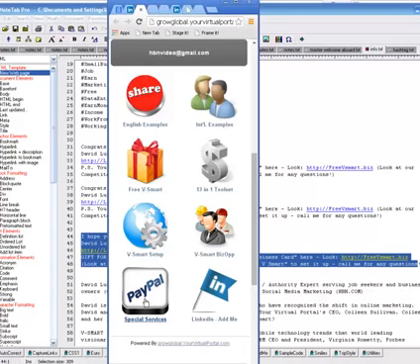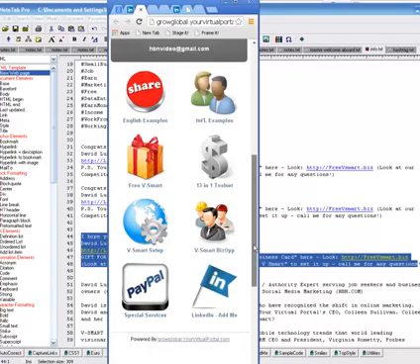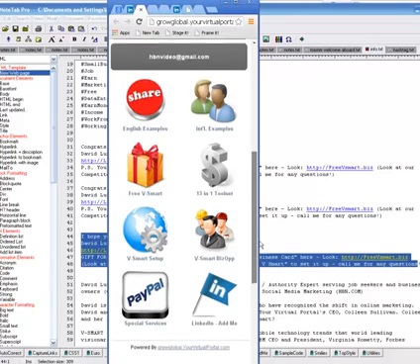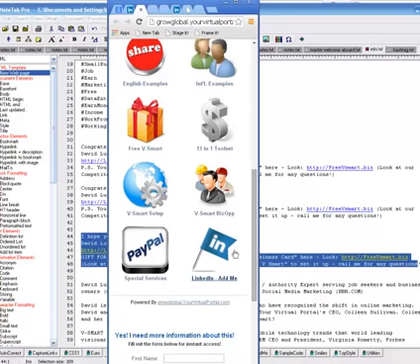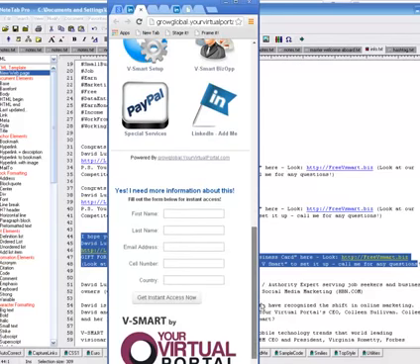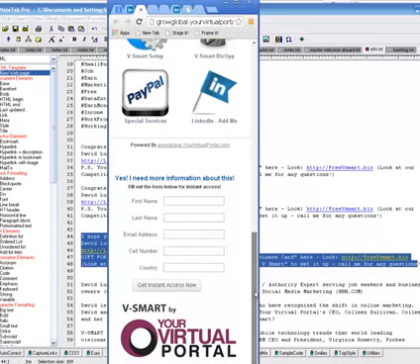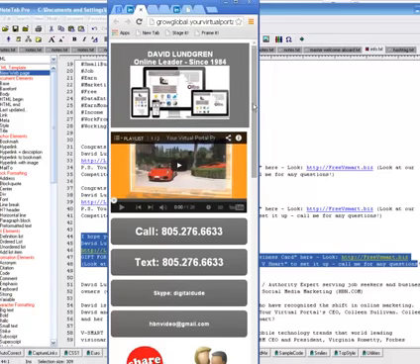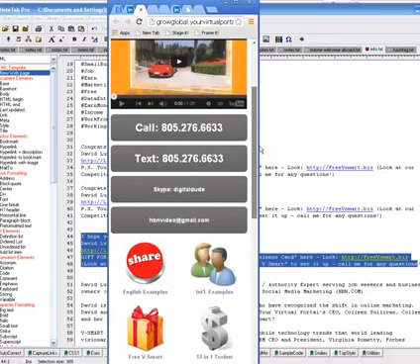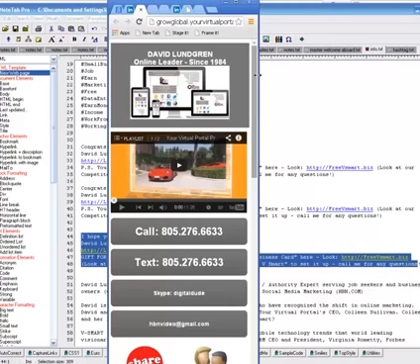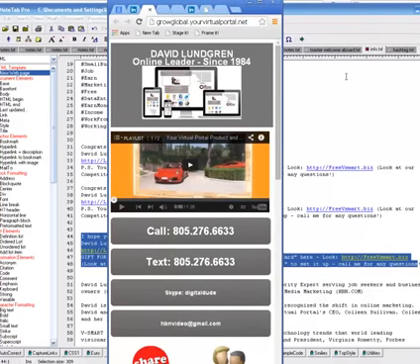We also have a donation button right there. Let me just highlight that. We can set up this donate to a PayPal account for any business, churches. We also have it set up for charities, as well as youth programs or any nonprofit group. And then we also have LinkedIn. I have it set up for building my business. And then we have an opt-in form that notifies you within seconds. So all this is done directly through the vSmart card.